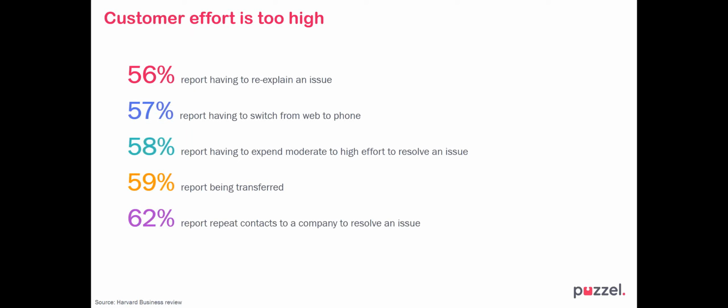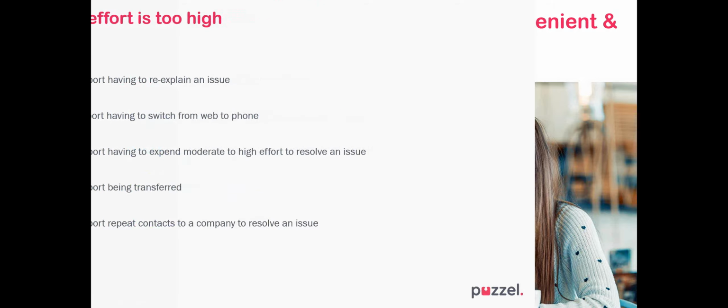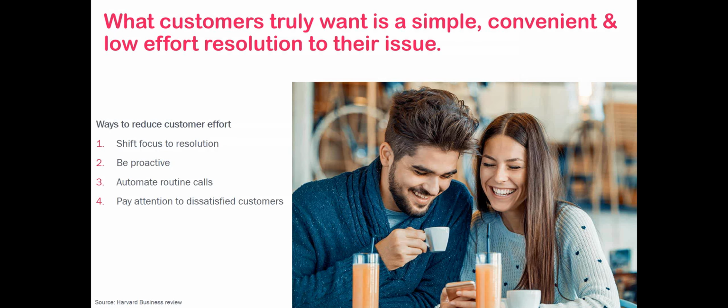And actually what we're starting to see is that loyalty probably now is at an all-time low. Consumers are digitally savvy, they've got low patience. Companies have made it a lot easier to switch as well. So if you look at examples like local banks, broadband providers, utility companies, there's so much competition out there that customer effort actually is more important than it's ever been from a consumer's perspective. So what do customers truly want? They want a simple, convenient, low effort resolution